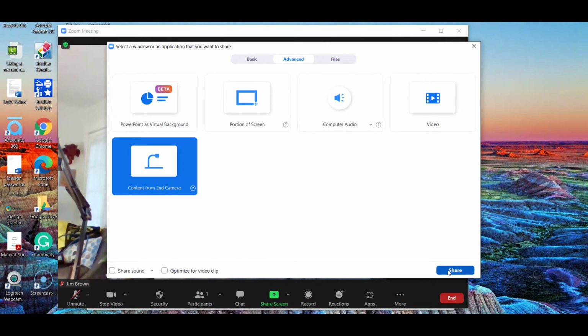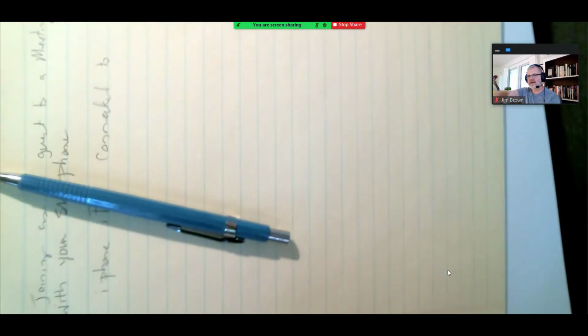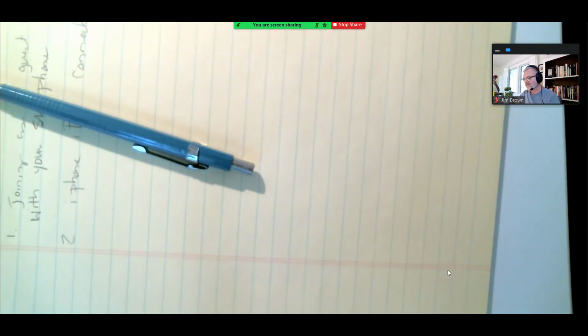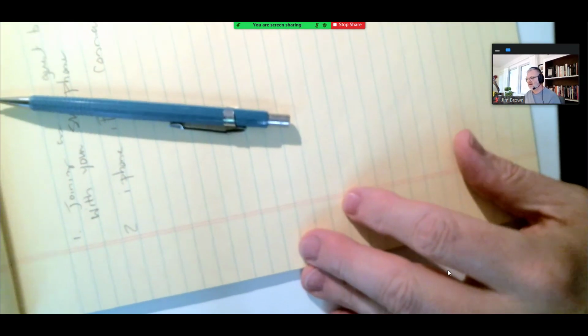Click on that, click on Share, and now you can see this is now turning into a document camera. This is my second camera here, which is one of those gooseneck. And here you can see my